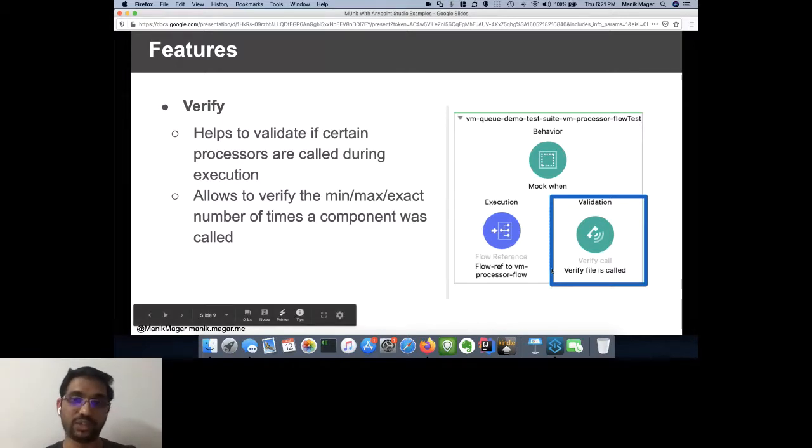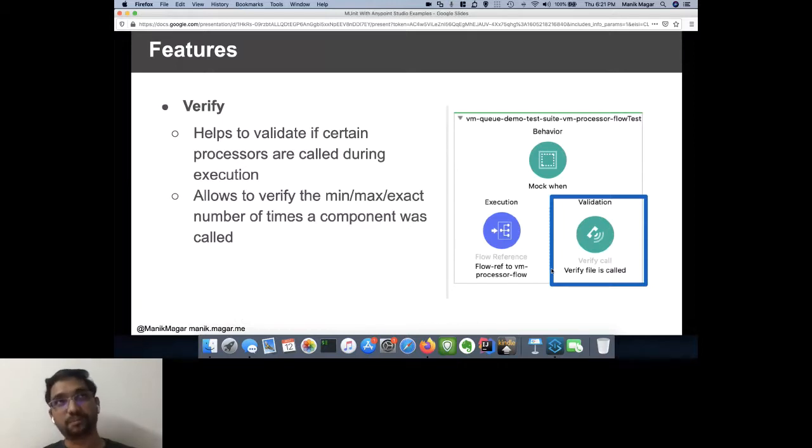So that is your verify call, which should be there. And the general rule of thumb that I usually follow is, if I mock something anywhere, I always write a verify for that one to make sure that whatever I mocked was actually called during my flow. Because if you have a mock and it is not properly set up and it didn't get called, and you don't have a verify in there, you will not realize that it didn't get called, right? So it's always a safe thing to write a verify for whatever you are mocking in here,